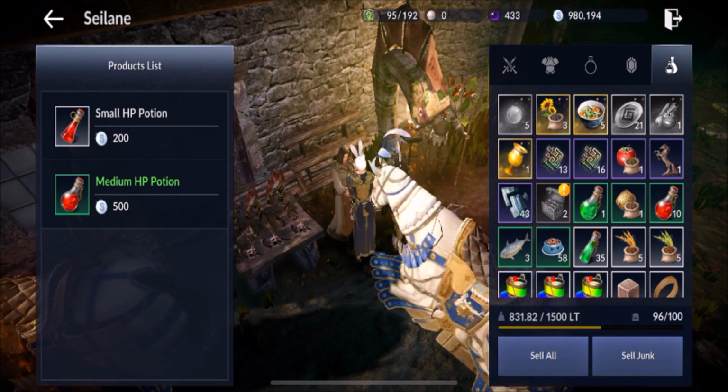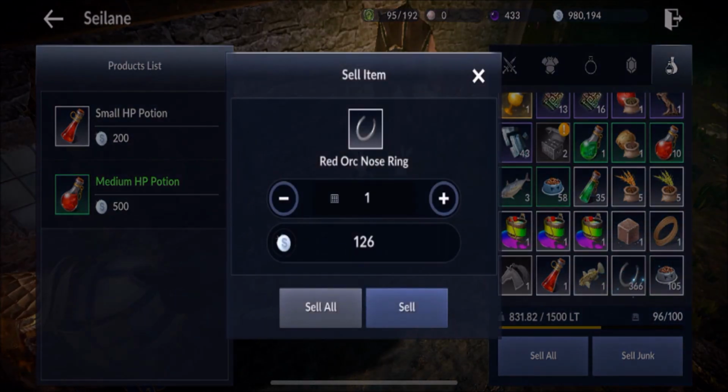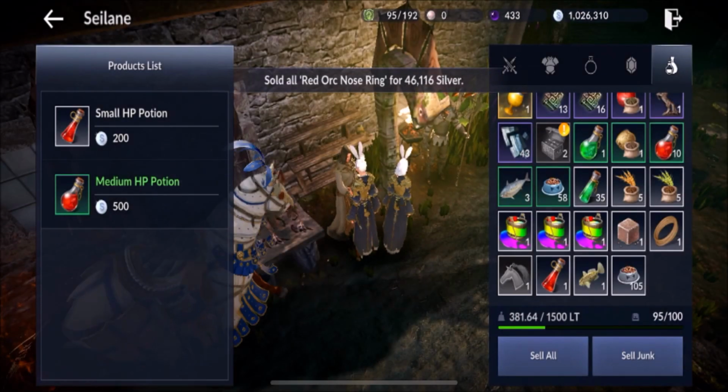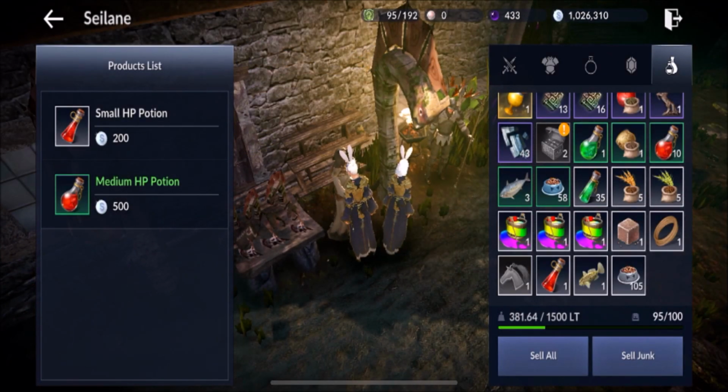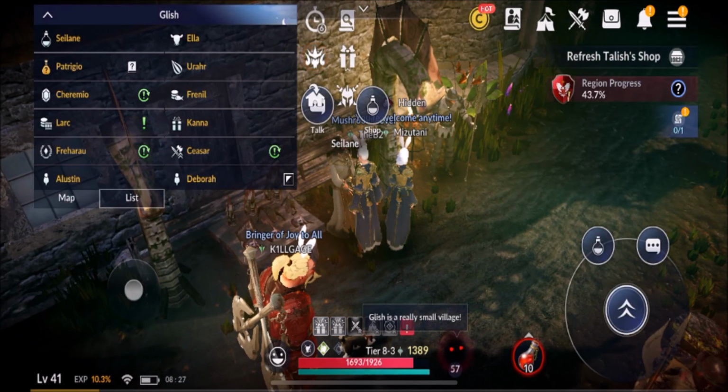It opens up a window to sell stuff, and usually if you come to the bottom, there's something like this one right here. See this red orc nose ring? As your guy's out XPing around, he gathers this weight. So I'm at 831 out of 1500, and if I sell it now, I'm at 381 out of 1500. See how that works? In order to get a little bit more room freed up, I'm going to click off this menu,